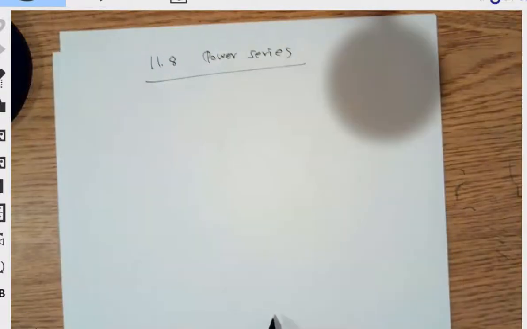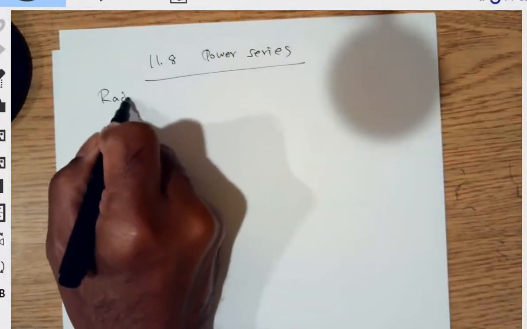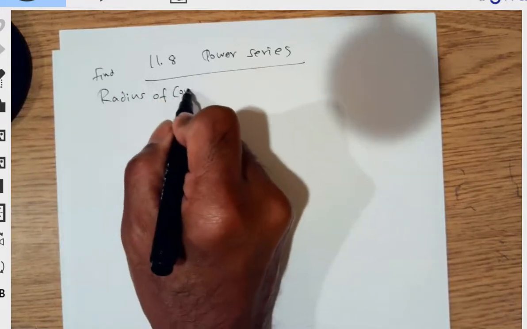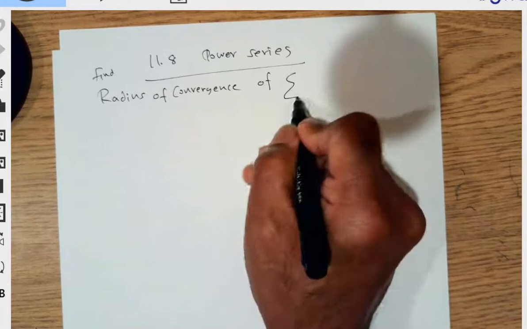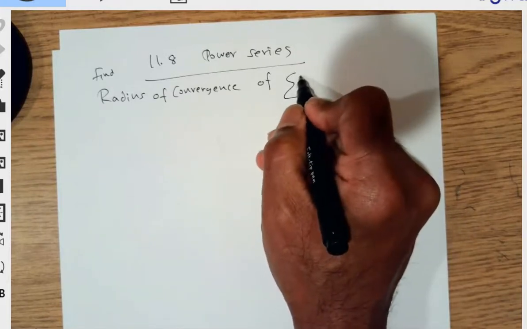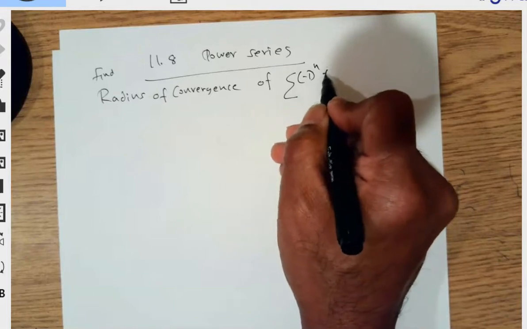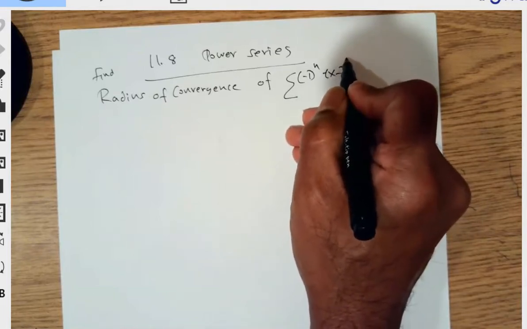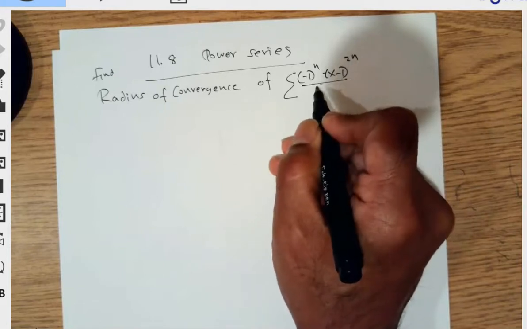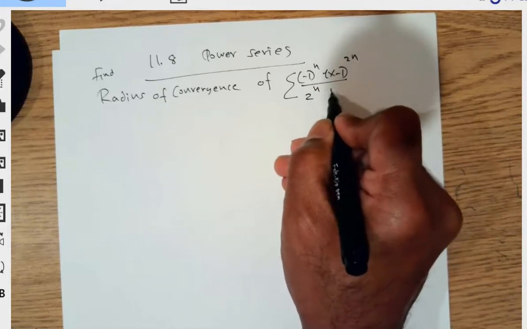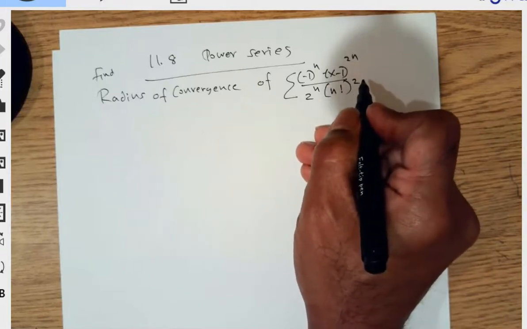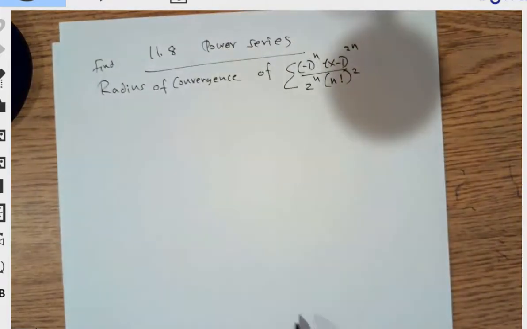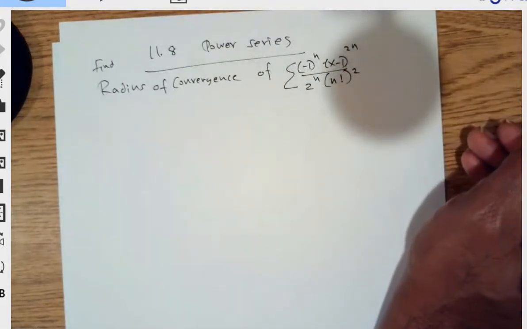And what I'm going to do is basically find the radius of convergence. So find the radius of convergence of the power series sigma (-1)^n (x - 1)^(2n) divided by 2^(2n) (n factorial)^2. Okay, all right, so when you look at this, it makes kind of sense that